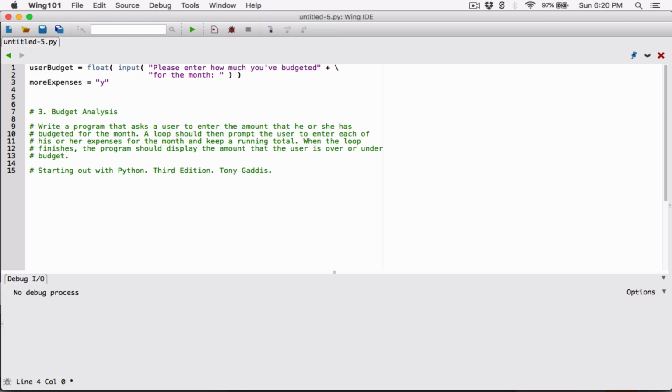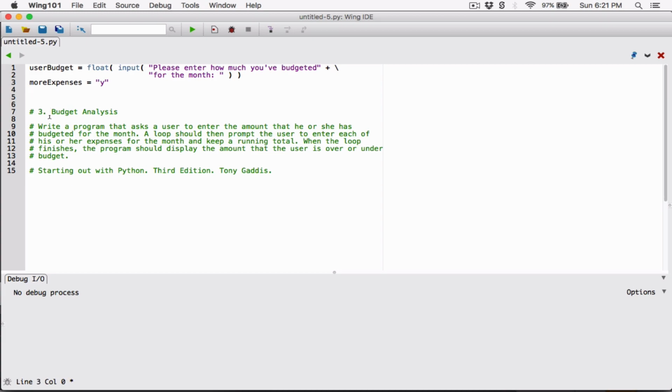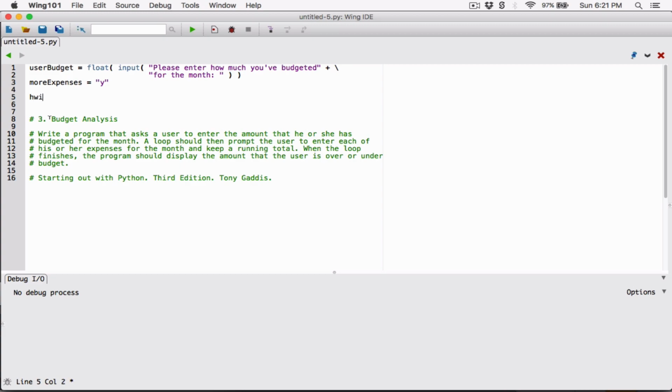And the program said we should use a loop, okay, to prompt the user to enter each of his or her expenses for the month and keep a running total. Right, so before I do that, I'll do that later. So more expenses is going to be y, okay? I'm going to go ahead and create a while loop over here and say while more expenses,